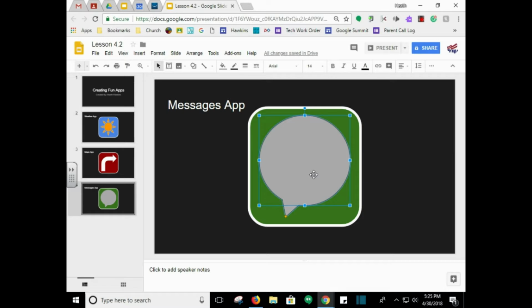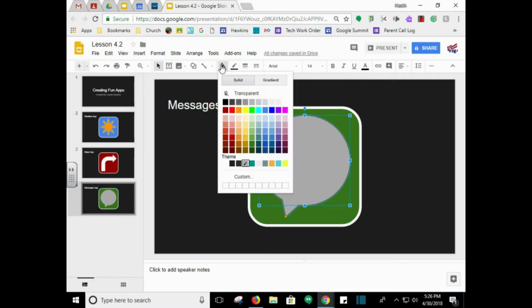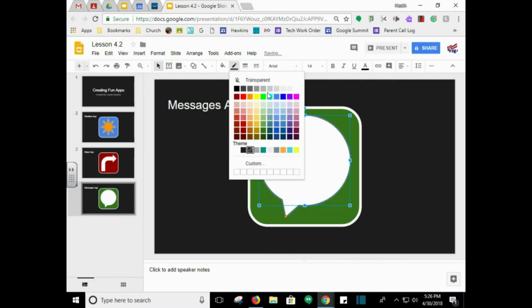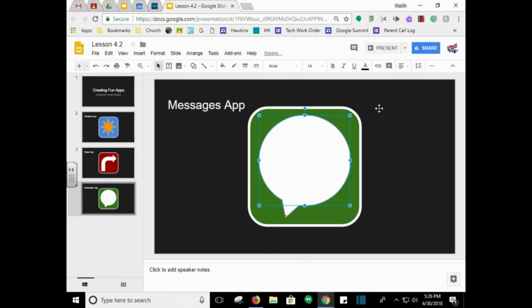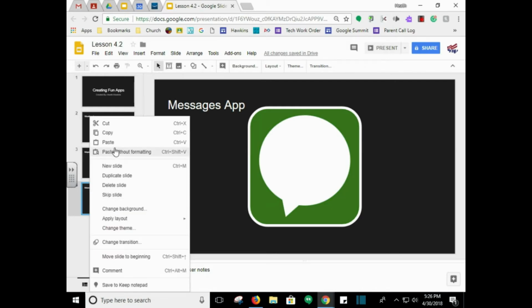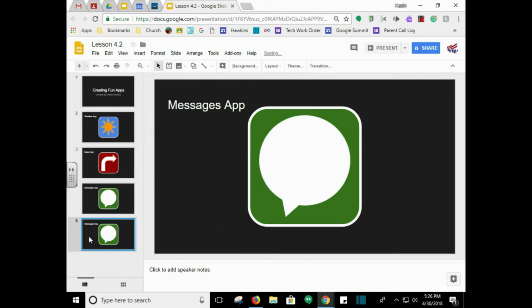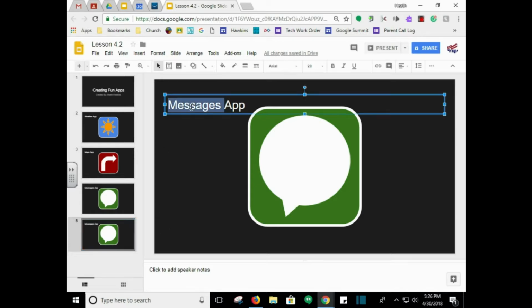And it says to change the fill and the border color, I'm sorry, of the oval callout to white. There we go, white and white. So that's done. And then it says to duplicate slide 4. So duplicate, here we are down to slide 5, and it says change the word messages to calendar,